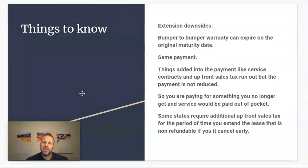Now, a downside with the same payment. Now, in the current market, that's great, right? Because if you're forced into a new car right now, and you can only find a payment that's higher than what you're used to, then the same payment is actually a positive, and we talked about that before. But there are some things that can make the same payment seem a little unfair, and that's when things are